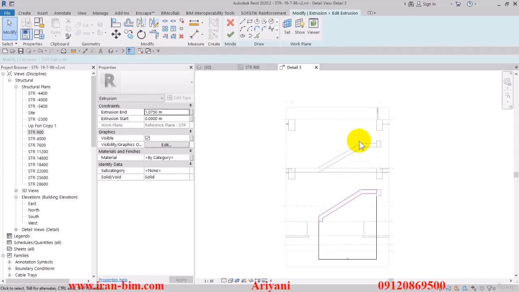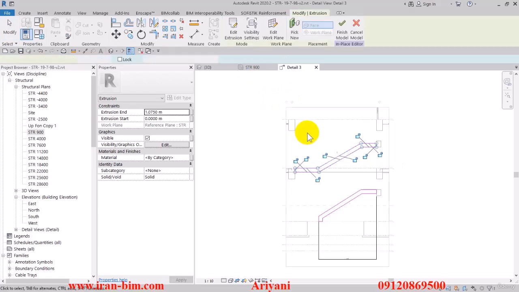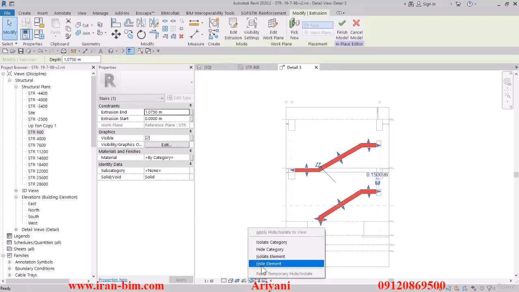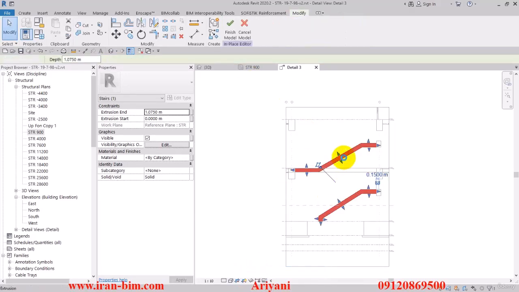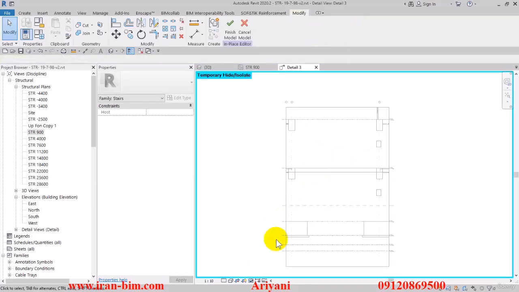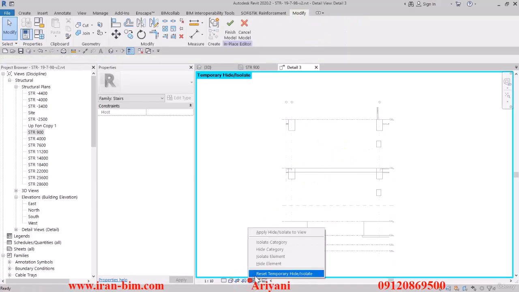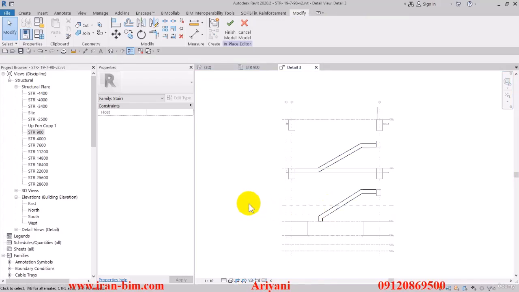It's better to draw these all in one sketch, but I haven't done that. So let me just go here and draw this part like this, and I'll explain afterwards why. And then I'll hide these two and then delete this higher one and then reset. Try to put these in one sketch so the rebar placing will be